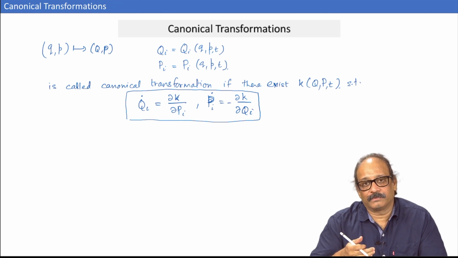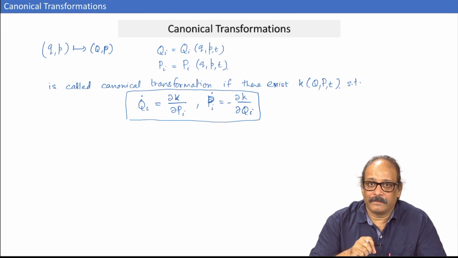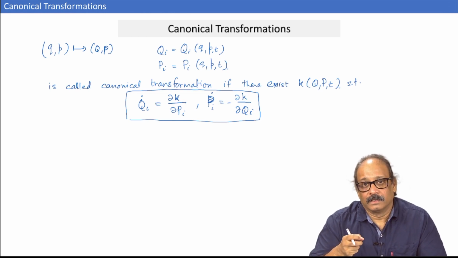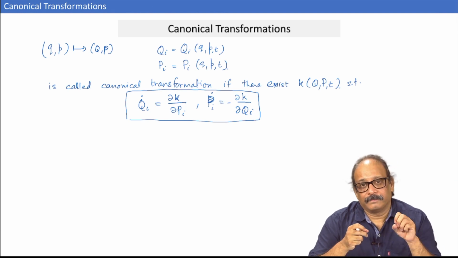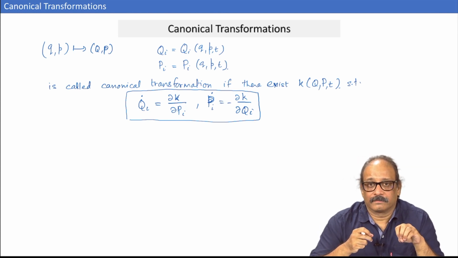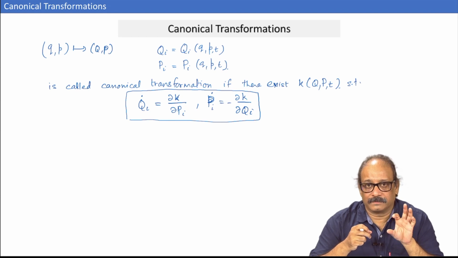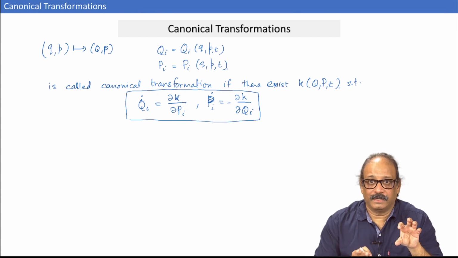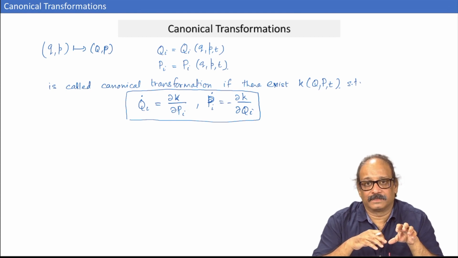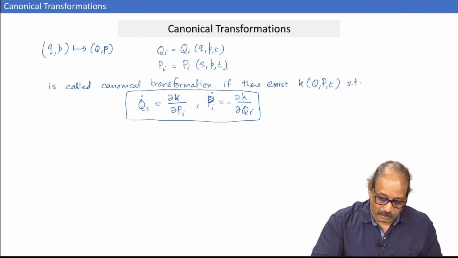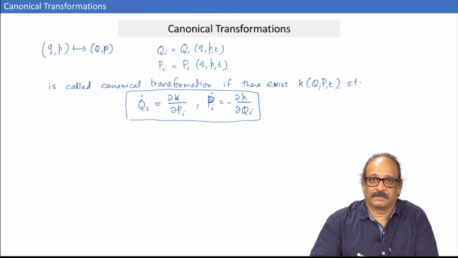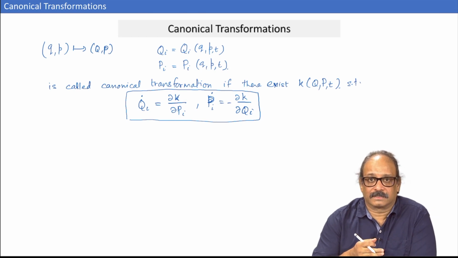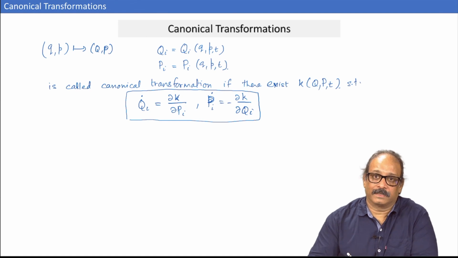And the second question that we would like to ask is, given a Hamiltonian H, how can I find K, the new Hamiltonian? Remember, when I am talking about canonical transformations, they do not depend on a specific system, they do not depend on a particular H and finding a particular K. I must speak in terms of generality. This definition of canonical transformation is independent of any specific system that we are talking about. This must happen in general.